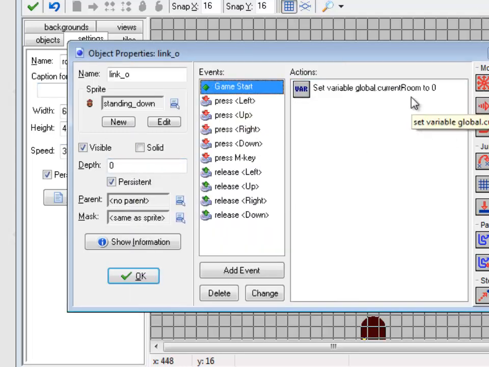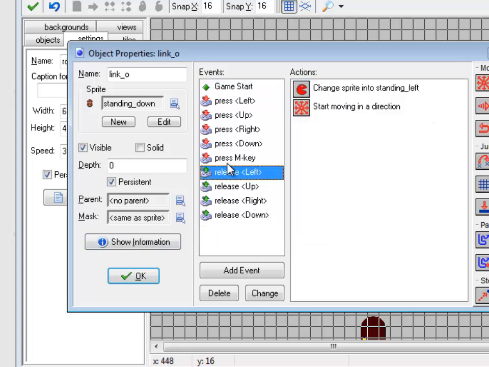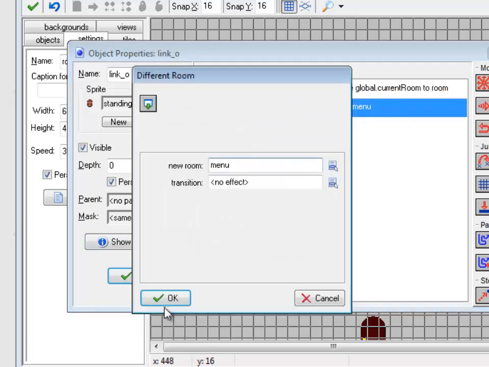In the game start right now is where I'm setting up that global variable. So global variables also are persistent. They are in every room. So if you need to save information between different rooms, you can either have an object that has variables that's persistent. So you could have a controller, for example, that keeps track of your inventory, or you could create global variables that keep track. Both of those ways would allow you to keep variables from room to room as you move. So right now, I press M, I go to the menu,